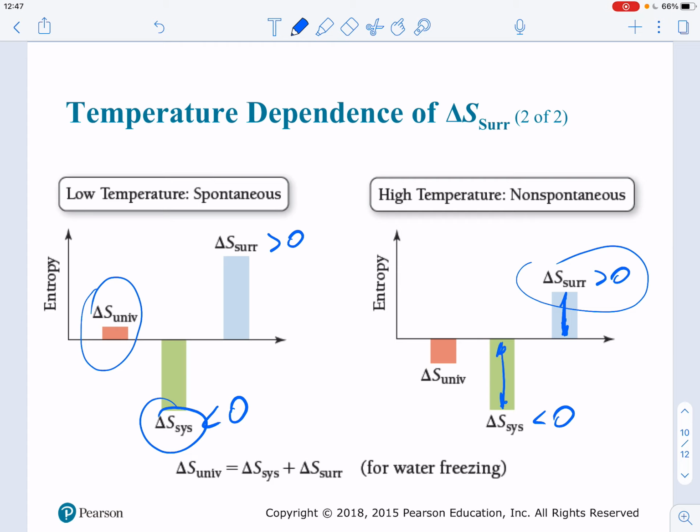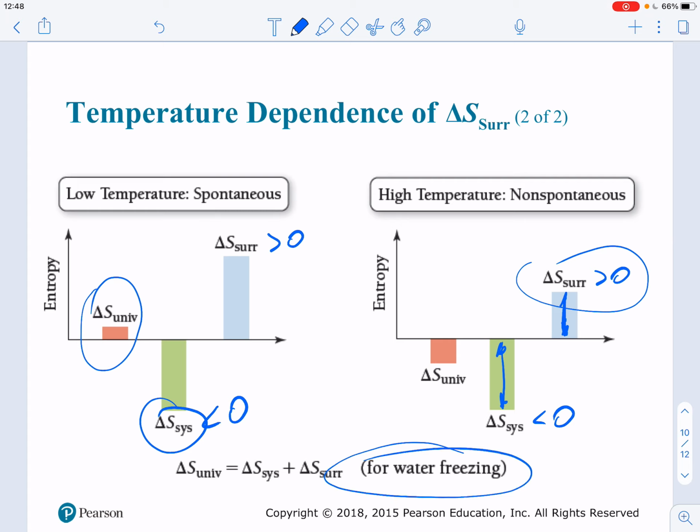So the change in entropy for the system is much more negative than the entropy of the surroundings is positive, and therefore you end up with a change in entropy for the universe that is negative. That is a non-spontaneous process. It requires some intervention for that process to happen. If this refers to the freezing of water,